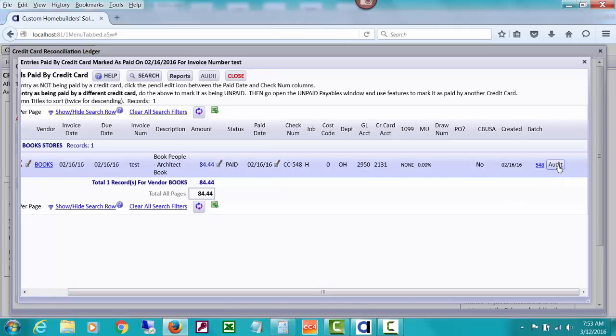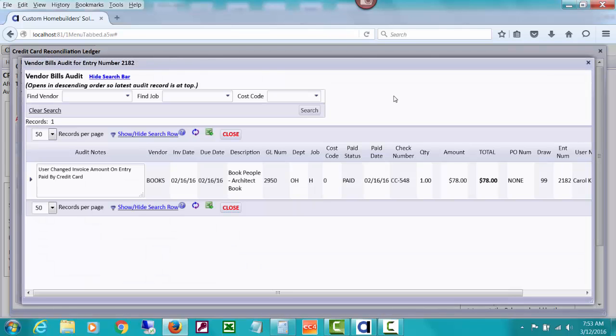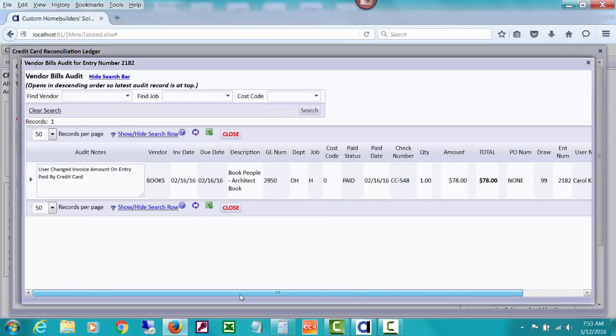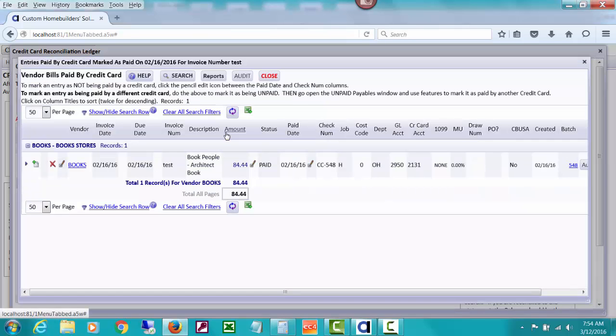You'll notice over here, if I do click the little audit button, that it shows how I changed the amount. It shows what the original amount was before I changed it. And that's an audit, and it shows who did the change. Over here, username Carol King, and what date and what time the change. These records go into a great big audit database that you can search, so you can search for everything posted to the books vendor and see what changes have been made, etc. So it does do an audit of who made changes like that, like changing amounts, etc. So that's how you would change the amount